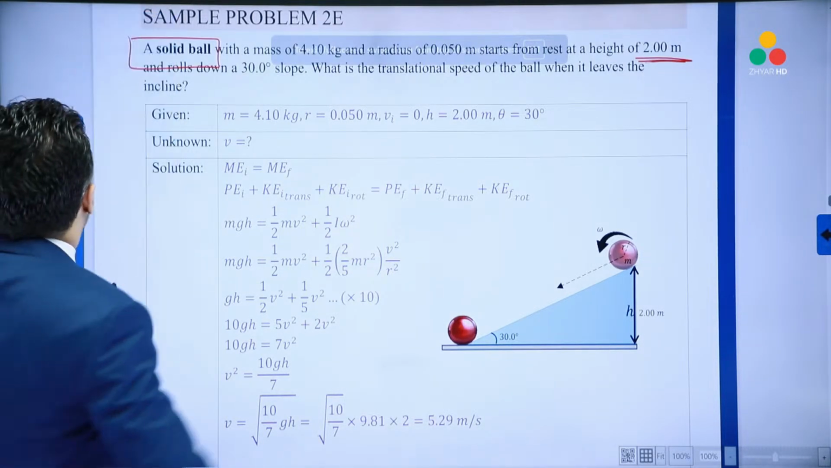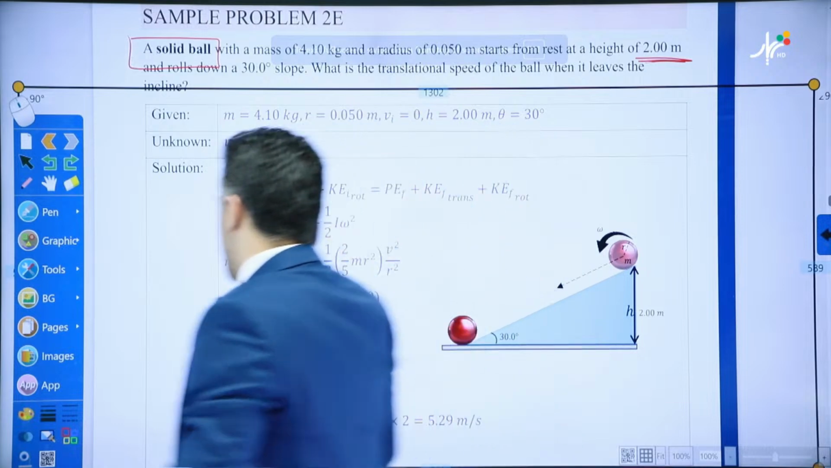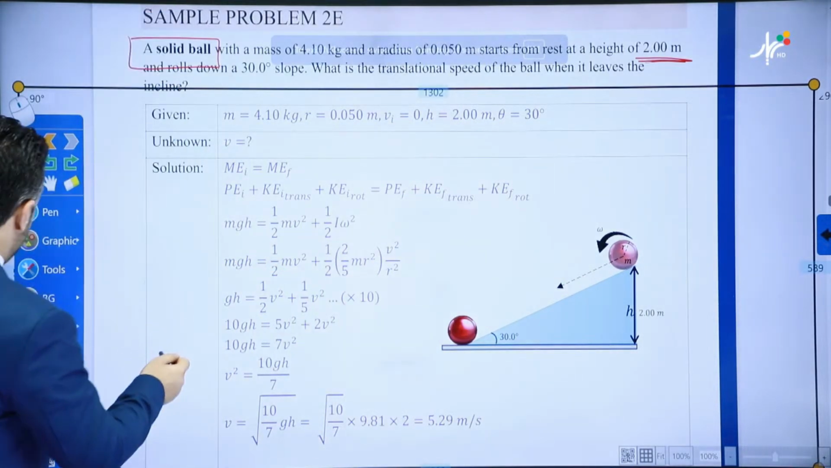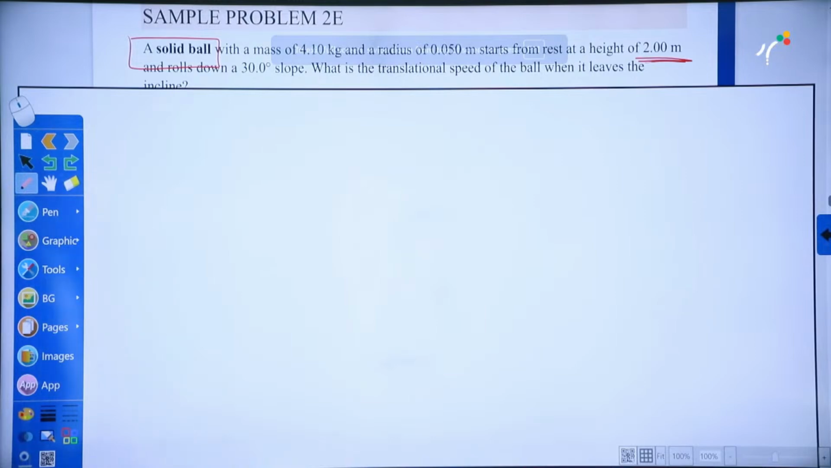All right, so bear with me. Let's get this. The height is 2 meters, let's say. All right, so take a look. We said, what is the question? It says, what is the translational